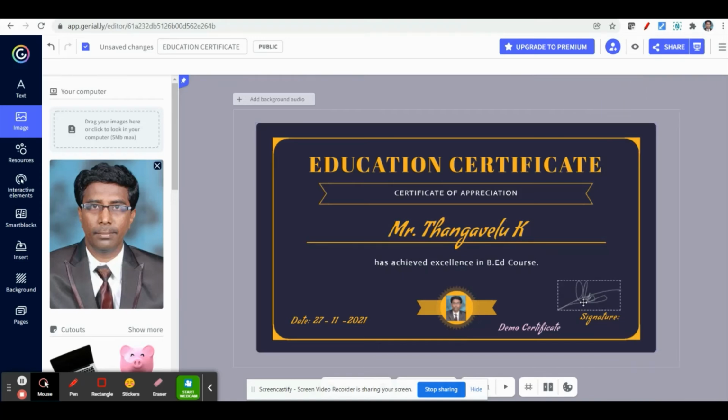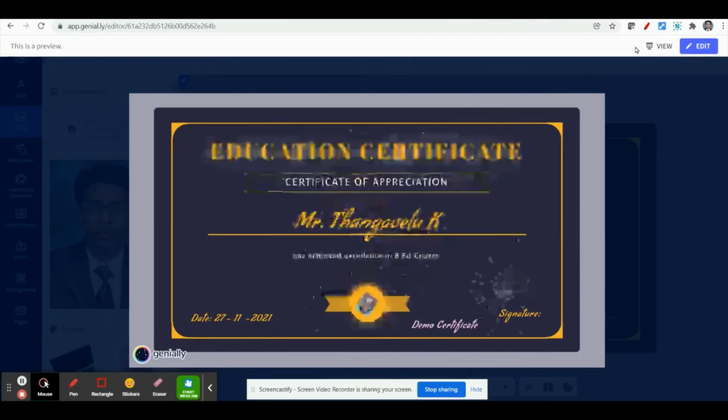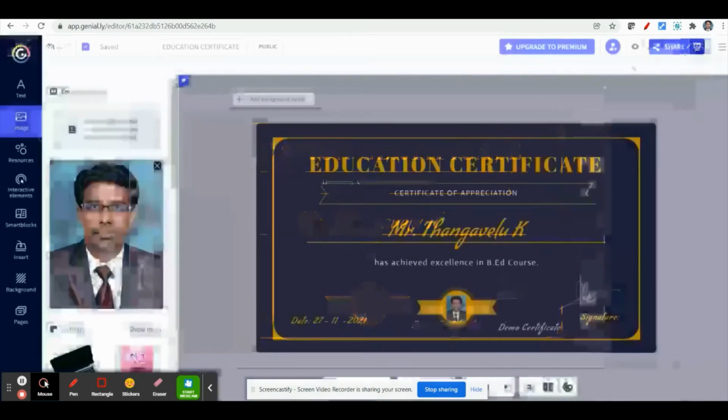So you can go for preview. If you want to have a preview, at the top right side you can find the option preview. If you click this preview option, you can have a preview of your certificate. So you can simply edit in the pre-made templates. You can click the edit option.